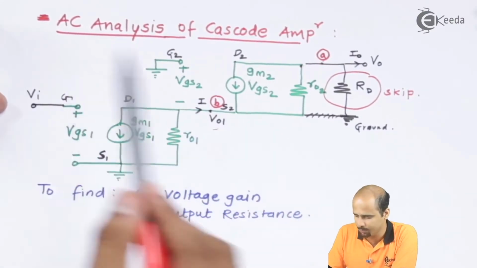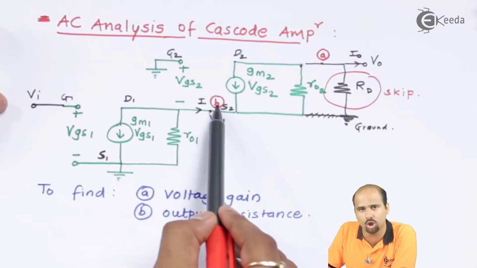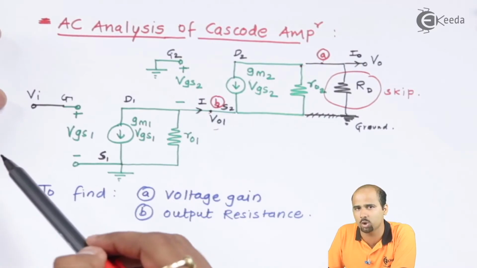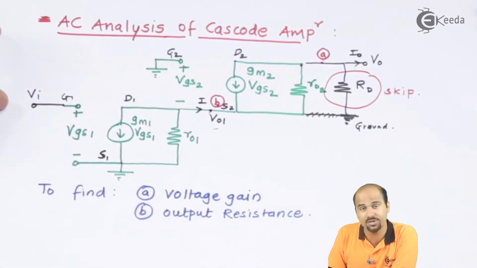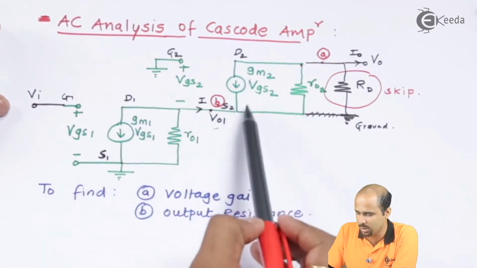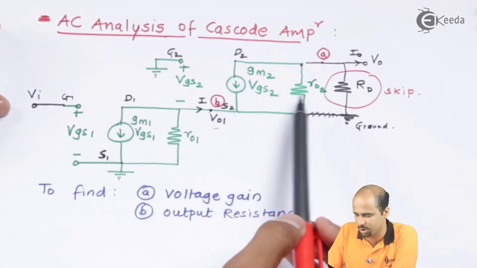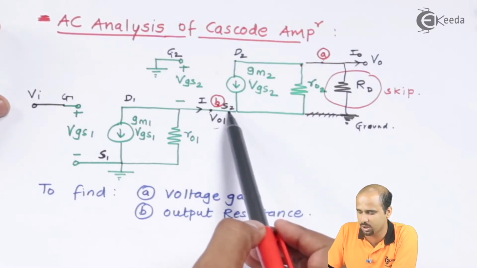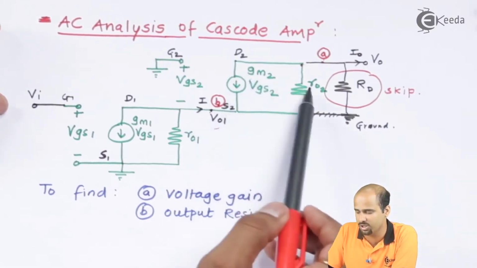Now what we will do, we will look at this particular node number B, and now we will try to apply KCL at node number B. But once you say that I am applying KCL, you may notice that these two branches are there into picture, and I am getting the current which is passing through this particular node B is also from these two branches.